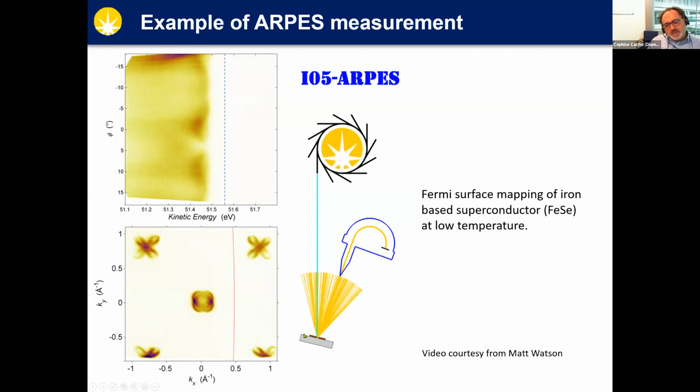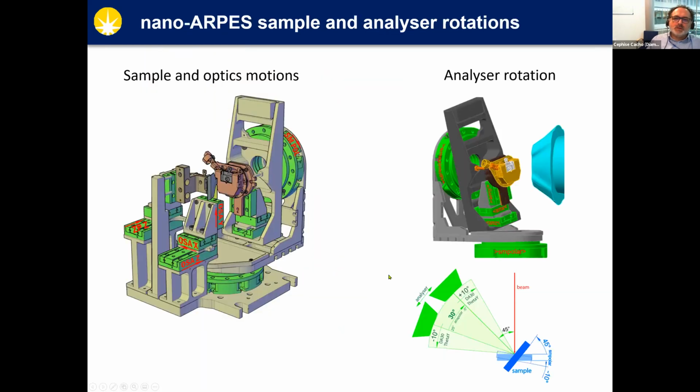And you can see here as you turn the sample, the photoemission goes in every direction. It doesn't matter too much what the incidence angle of the light is for the momentum. For the polarization it is a bit different, but this is how it is done. So this is how we do high resolution ARPES, where we have a beam about 50